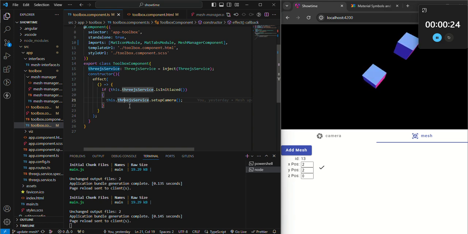Because if we were to lazy load it, then these things wouldn't get, I guess the closest thing you'd call it is bootstrapped, so that they start working. But anyways,